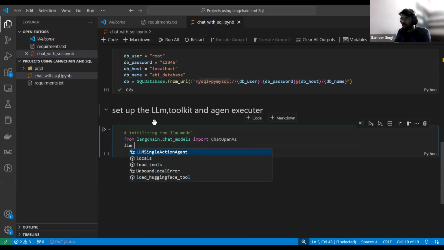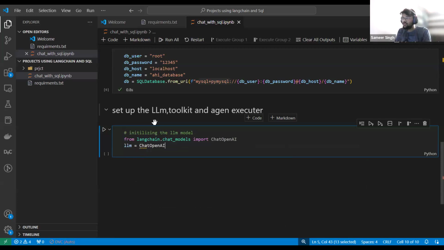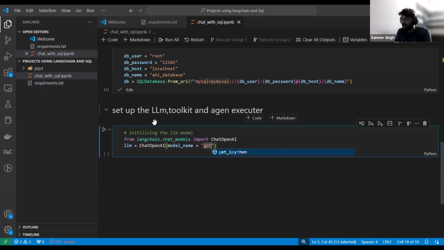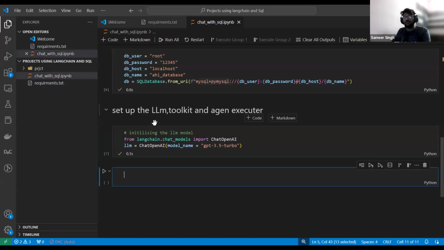Right now, I am going to create an LLM, which is ChatOpenAI. Here I'll give the model name. The model name will be the same, GPT 3.5 Turbo, right? So now we have created the LLM.